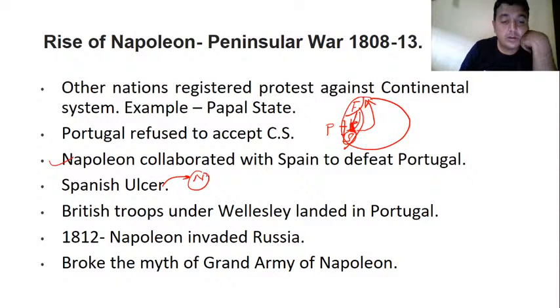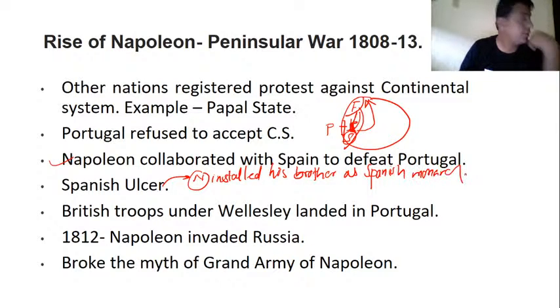Napoleon installed his brother as Spanish monarch. Napoleon installed his brother as Spanish monarch. Don't you think it's an act of betrayal? Yes, it is an act of betrayal